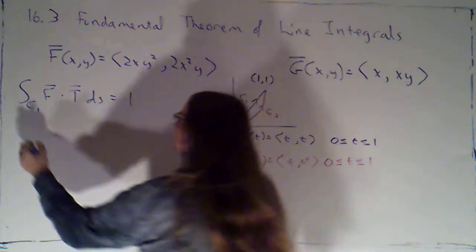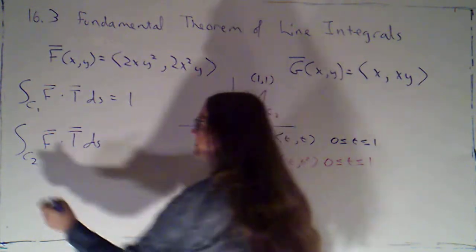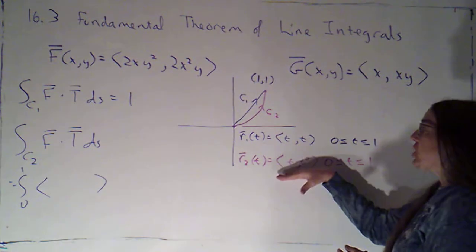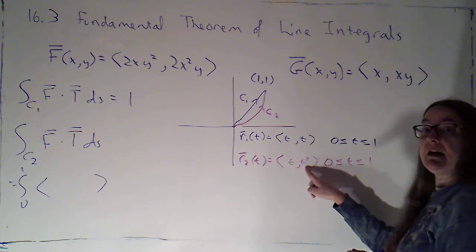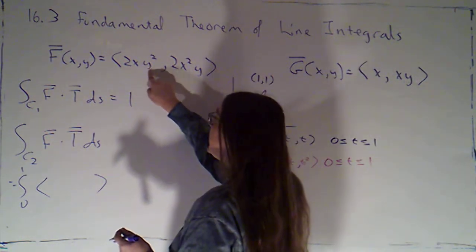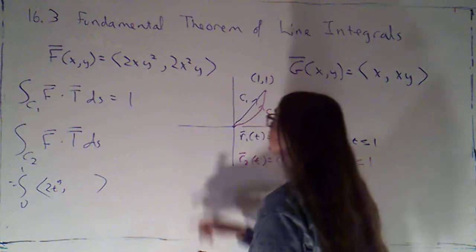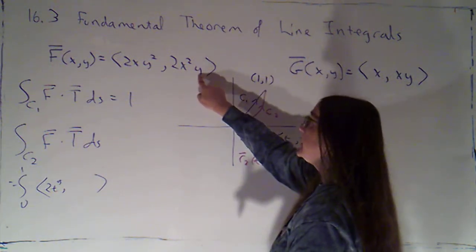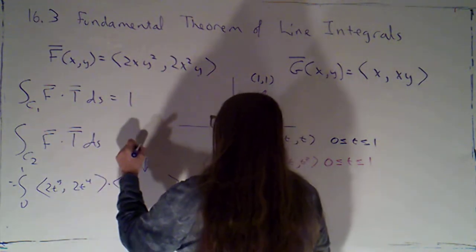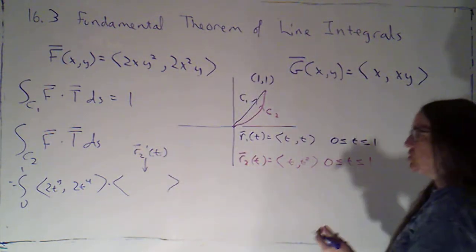So that was 1. Now I'm going to do along curve 2 the work integral that I get here. So I know that's going to be the integral from 0 to 1. Now I'm writing F in terms of r2 of t. So x becomes t, but y becomes t squared. So this is going to become 2 times t. T squared squared is going to be t to the fourth. So that's a 2t to the fifth. And then that's 2t squared times t squared is 2t to the fourth. And then what we're dotting with is r2 prime of t, which is just going to be 1, 2t